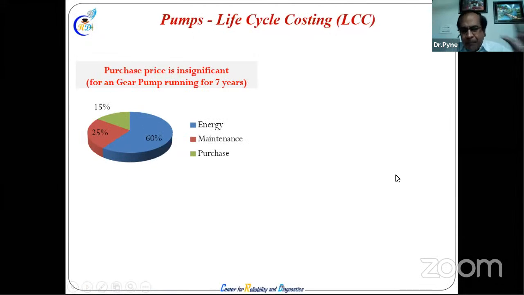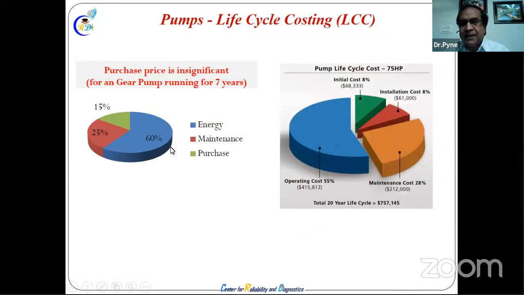So in pumps there are a lot of savings, 60% savings in energy and maintenance is possible, around 80-85% for gear pump support. For a pump of 75 HP, operating cost is 55%. Here, how best you operate the machine matters. Why am I talking about reliability? What is reliability? Reliability from the operation, reliability from the maintenance, it is all about reliability. Maintenance reliability alone is not going to help us. It is all about an integrated system approach.